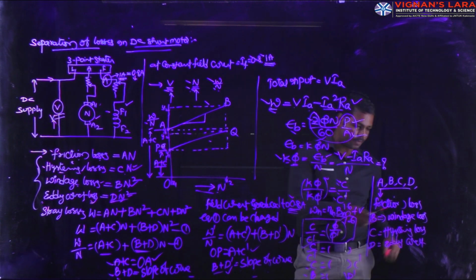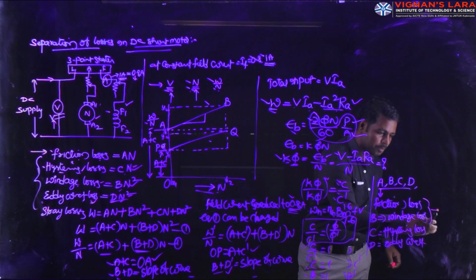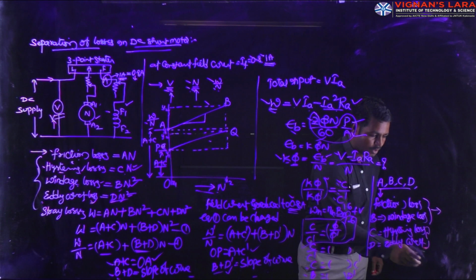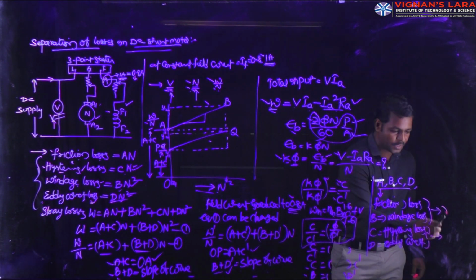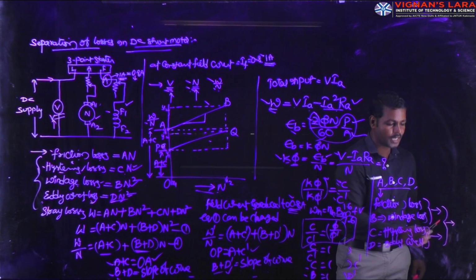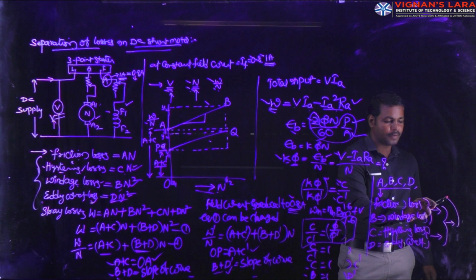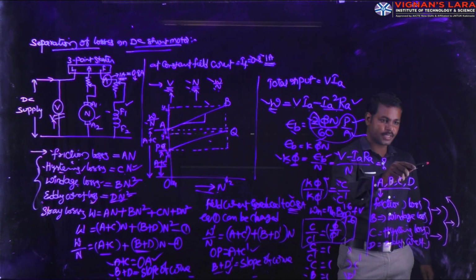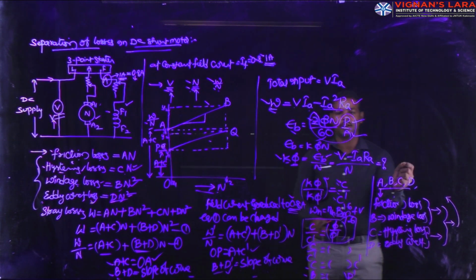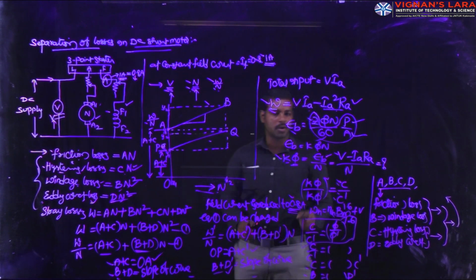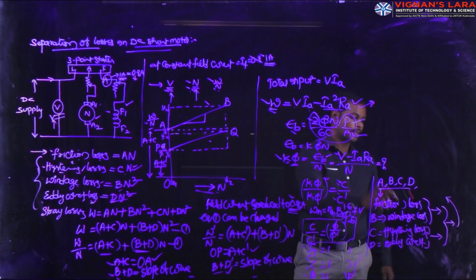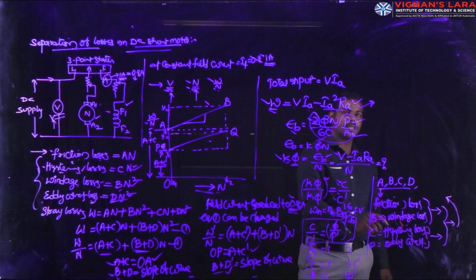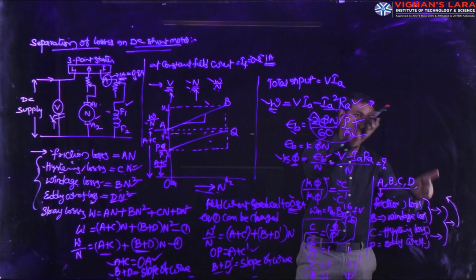The summation of friction and windage losses is called mechanical losses. Hysteresis and eddy current losses are called iron or core losses. The summation of these two is called rotational losses or stray losses. Stray losses are added with armature copper losses to get the total losses in a motor. The variable losses and the constant losses, summed together, are equal to the total losses.